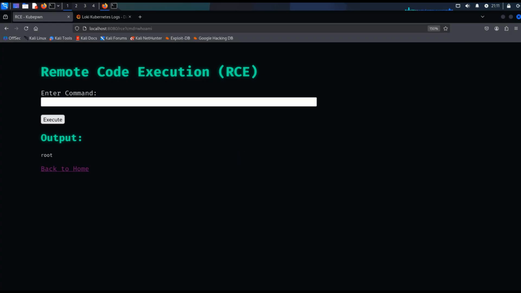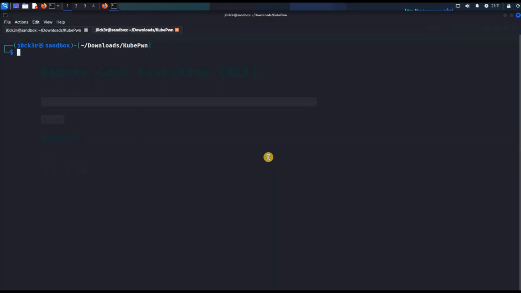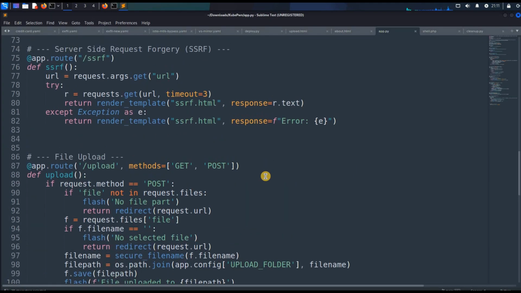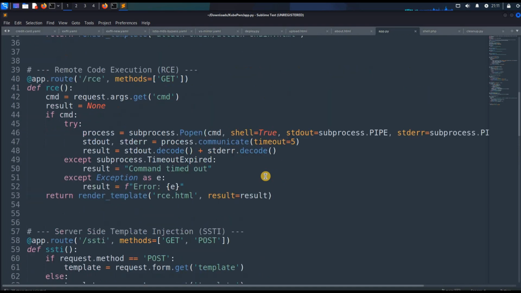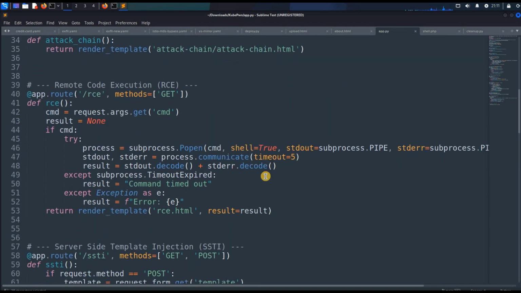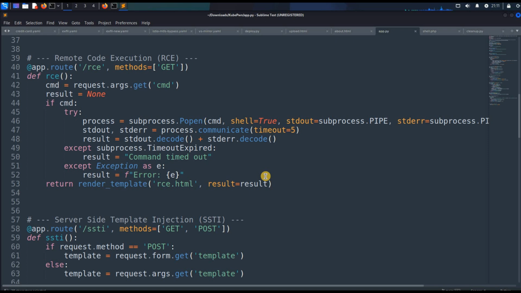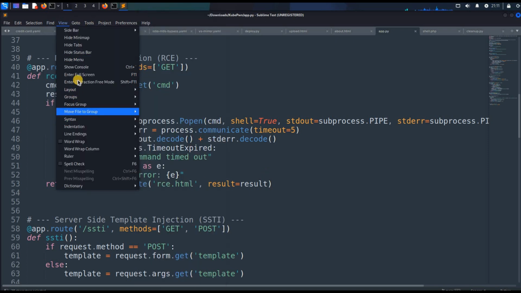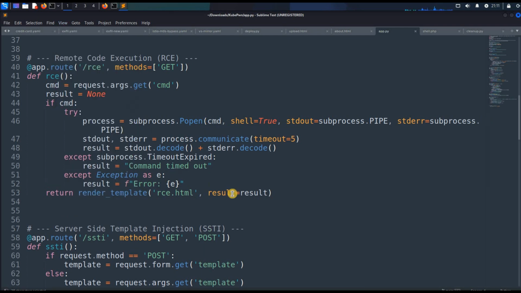So before going to understand remote code execution, let's look at the app.py. I didn't want to explore other vulnerabilities, but for remote code execution, yes, because this is a very critical vulnerability. So how is this getting exploited? Let me just do a quick word wrap. So if you see,